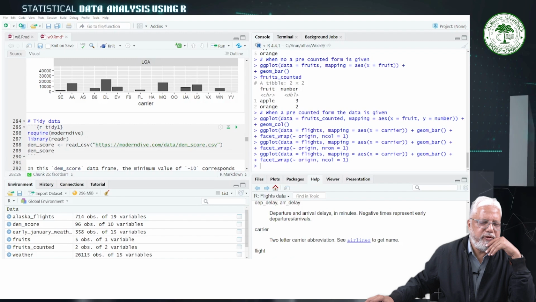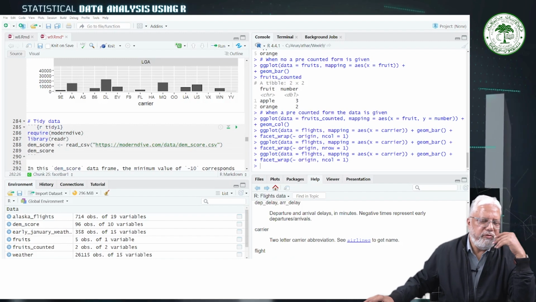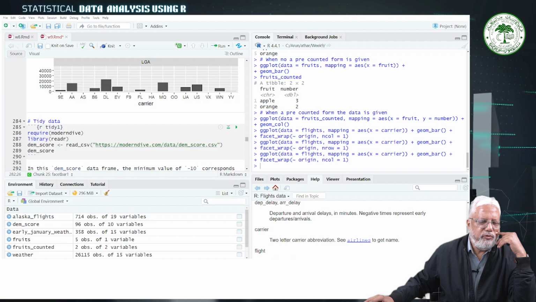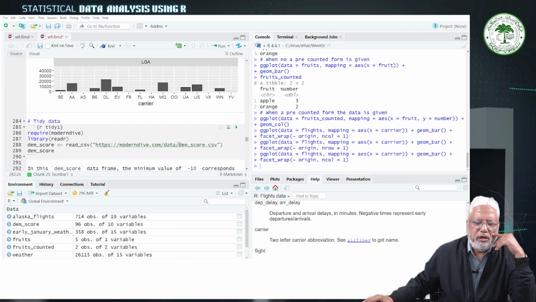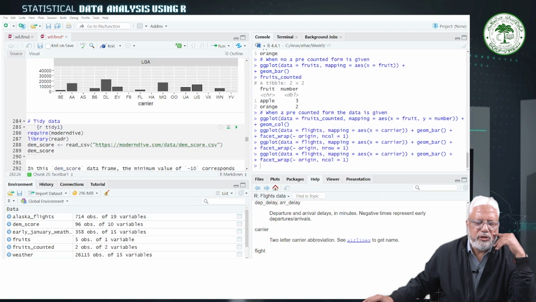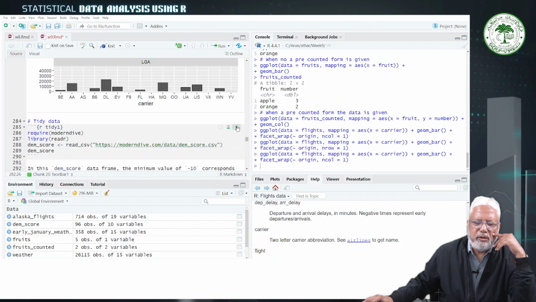This is the package developed by Hadley Wickham, and we can use this function read_csv for any CSV file which is available on some website like moderntype.com. So, if we run this command,